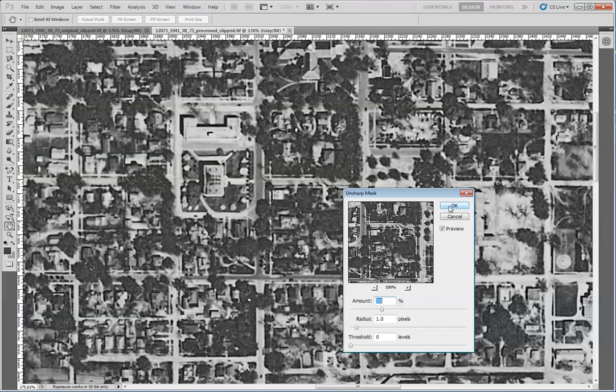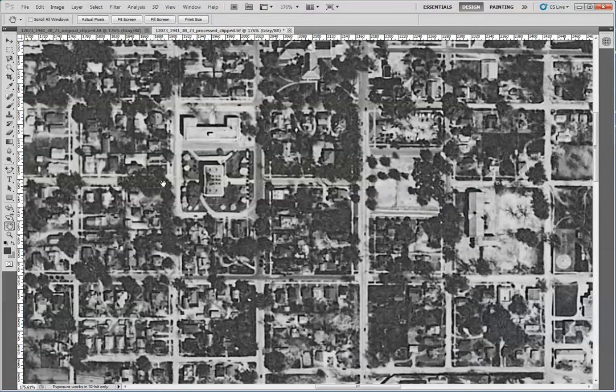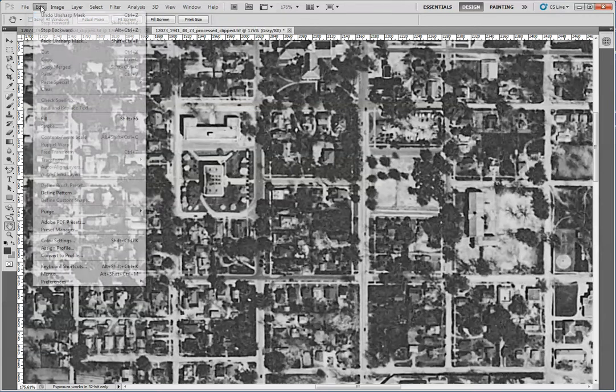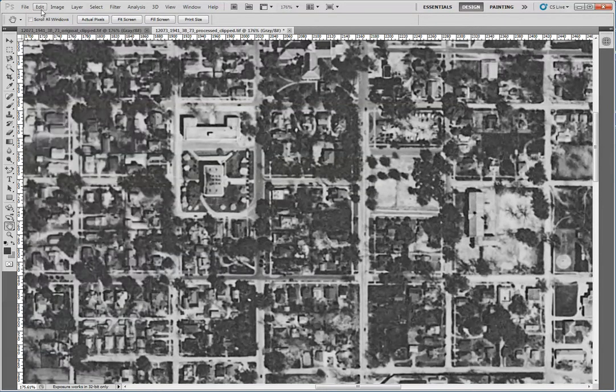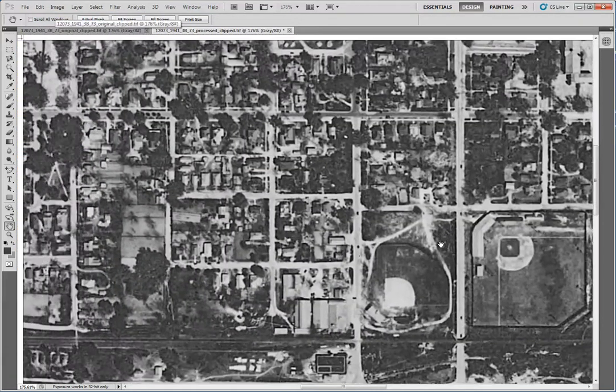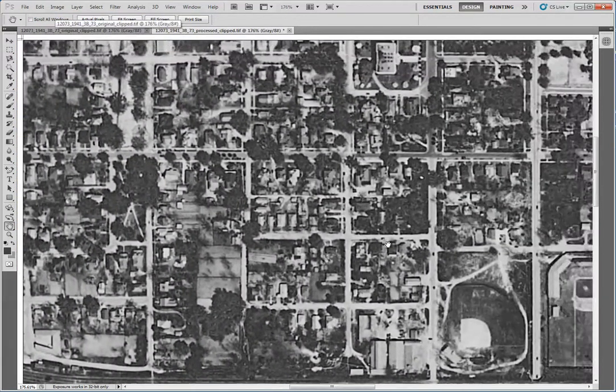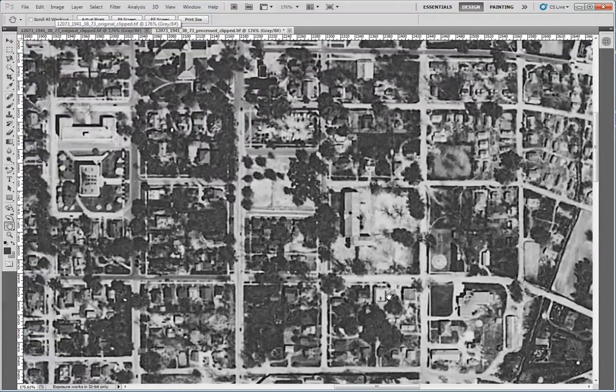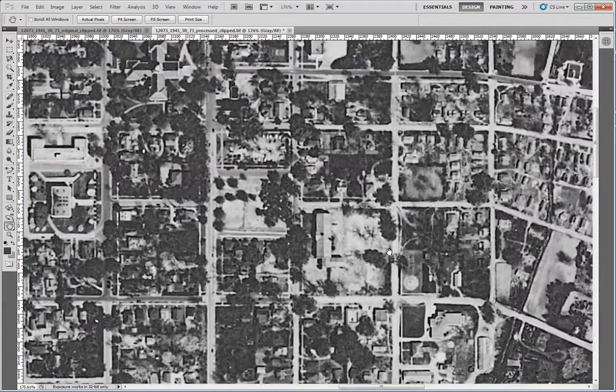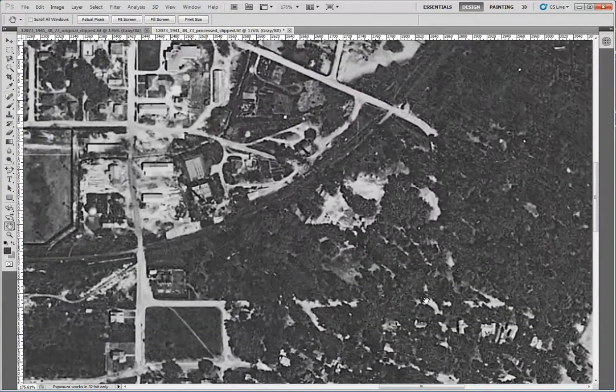I'll just click OK, see what we get. It might be a little hard to tell a difference. I'm going to undo Unsharp Mask, redo it. You can see a little bit of a difference. It was a little iffy whether I needed that last step or not, but I think